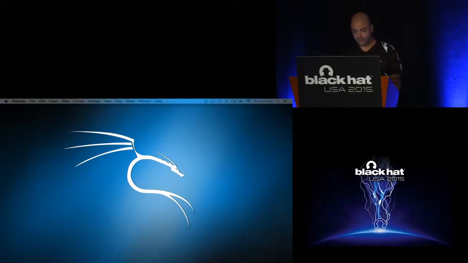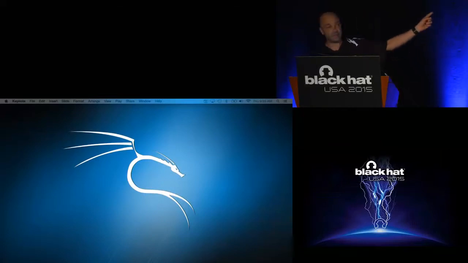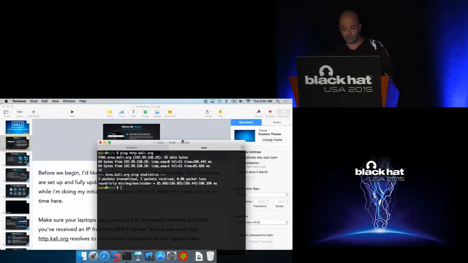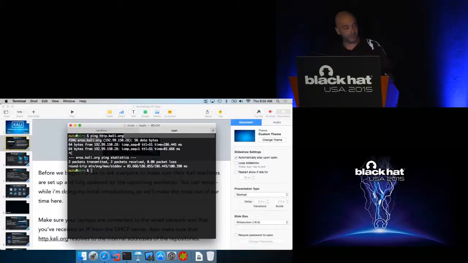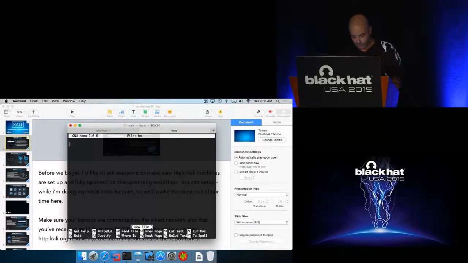http.kali.org, and if you see that you're resolving externally, like I am here, if you see that you're resolving an external address for kali.org, http.kali.org is a good one, then what I'd like to ask you all to do is to change your hosts file on the machines that we'll be using to build Kali. So this is probably on your Kali 1.0 VMware machines. And the three addresses that we should be editing is going to be http.kali.org,